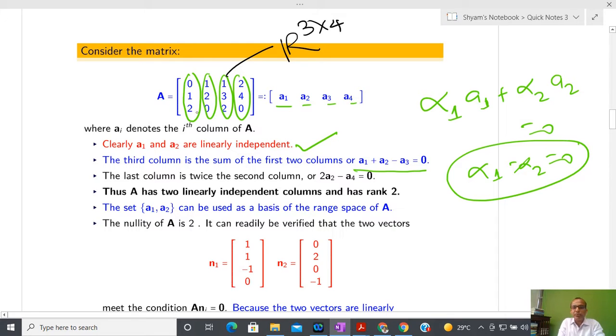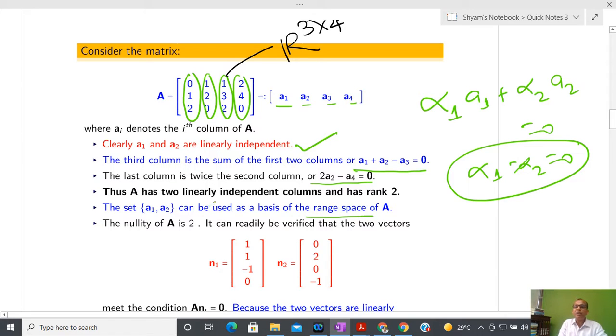Now try to see the rest one, and it is possible to show that it will again satisfy this kind of condition. By seeing clearly, a1, a2 is here and a2, a4 is here, it means that this can also be expressed as a linear combination of another vector, so I can remove it. It means that if you see the matrix A, the range space means whatever independent columns, using those independent columns I can span the space, that is 2.